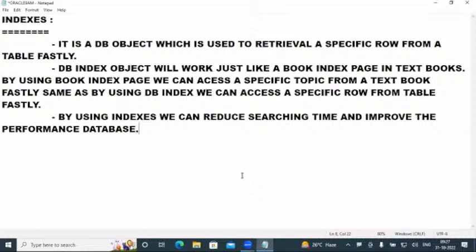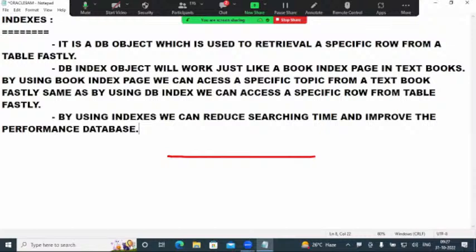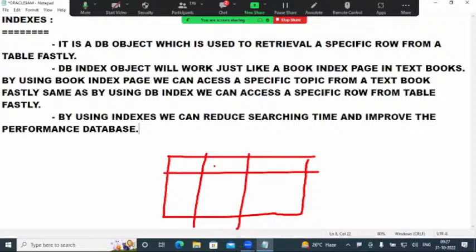For example, suppose this is one of my tables with columns X, Y, and Z. Now I'm creating my index object I1 on the X column. So the most important point here is: